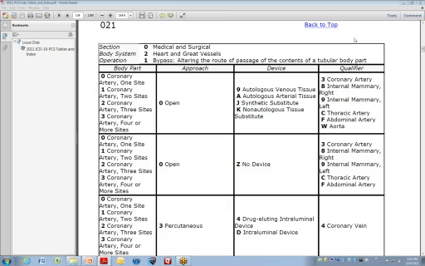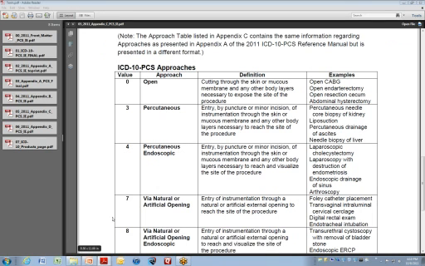I've got a wealth of tools that are available to us. Here are some examples of those tools when we look at things like the approach: open, percutaneous, endoscopic, a definition behind it, and some examples. Examples would be an open CABG, endarterectomy. There are a lot of tools that we have available to us with ICD-10-PCS, and as long as we use those tools appropriately,